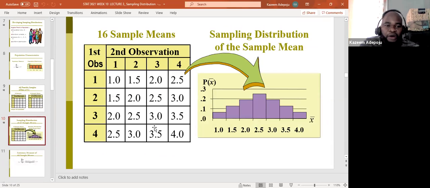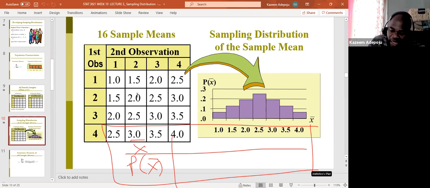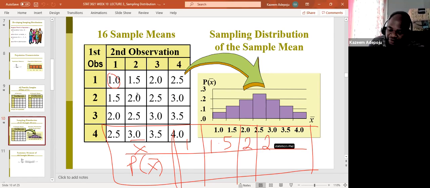Now the next thing I'm going to do, give me 1 second, take a look at this is the means that I talk about. Can you see that now? Then I can do this. I'm going to write x bar. I'm going to write the probability of x bar, based on that table right now. And what is the smallest value? The smallest value is 1. So you're going to have 1.5, 2, 2.5, 3, 3.5, and you're going to have 4.